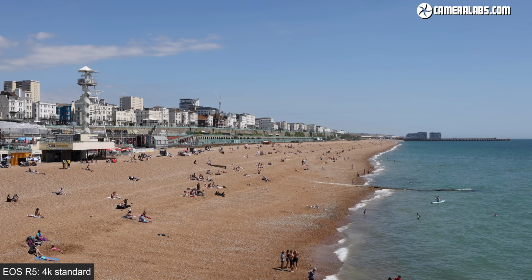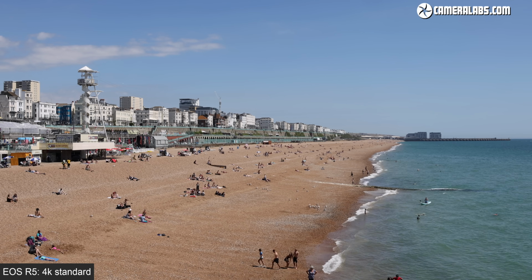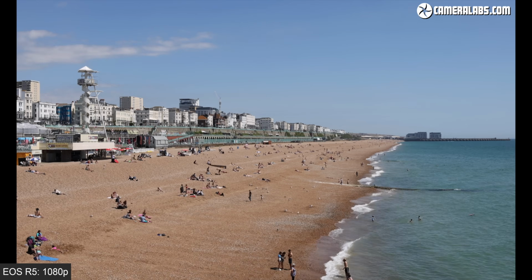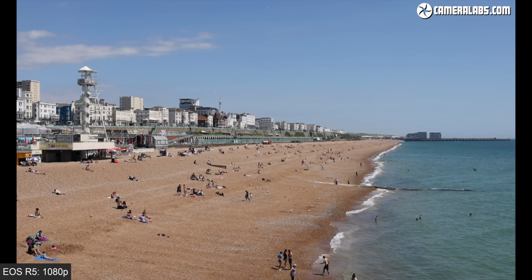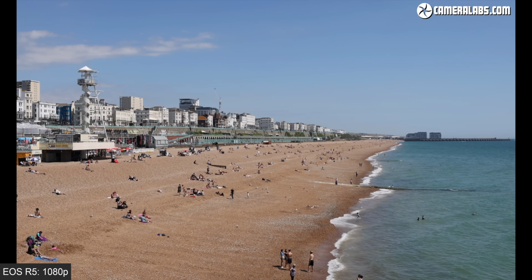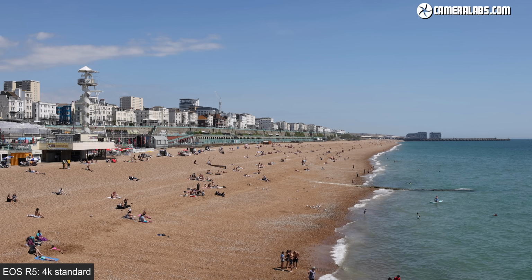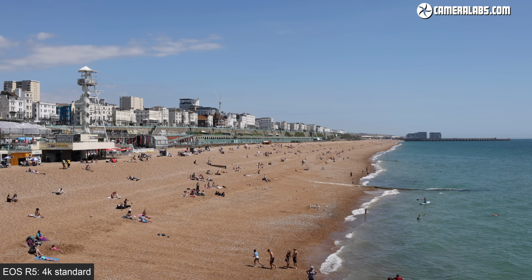Okay, now let's see the difference between 1080, 4K and 8K on a real life subject filmed with an RF 24-70 at 35mm f8. First, you're looking at standard full frame 1080 24p, which is only available in the standard 16:9 shape, so you'll see a slightly narrower image here with black bars down the sides. Next, for standard full frame 4K 24p in the wider DCI shape, which uses the full sensor width, but it